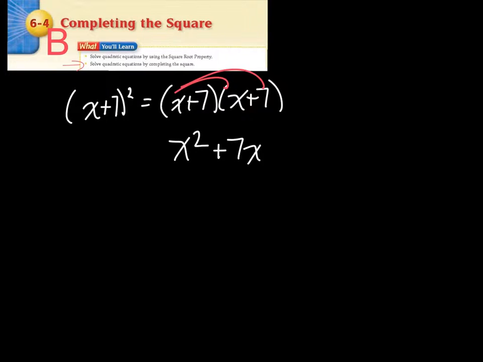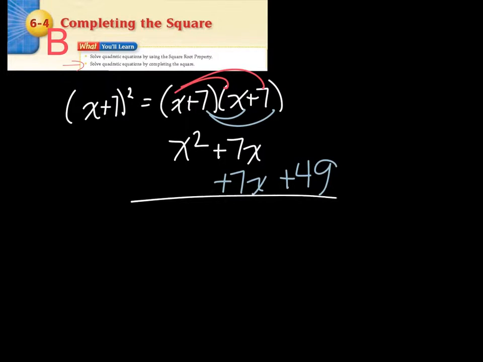In this lesson, you'll learn how to solve quadratic equations by completing the square. I'm going to step back a second and remember how to square a binomial. When we square something, we're taking it times itself, and we can FOIL. So we've got x squared plus 7x and plus 7x again plus 49. When we add our like terms, which always happen to be the same thing, we have x squared plus 14x